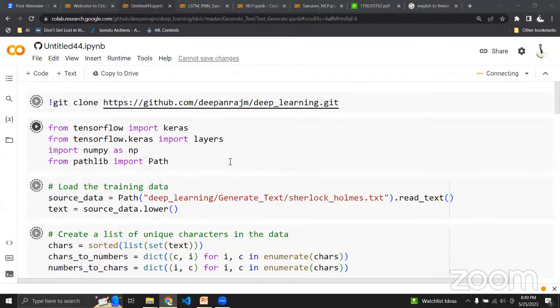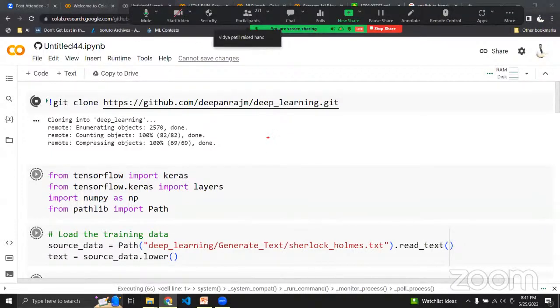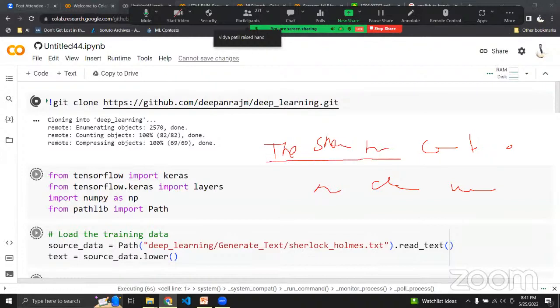Now let's say I have a very big book. The entire Sherlock Holmes book has been converted into a text file, which means it has roughly a lakh of words. The concept I'm trying to do here is, let's say you have some content, like Sherlock Holmes comes to a hotel and deceives the waiter, something like that. In this case, I'm going to take the first 20 characters,